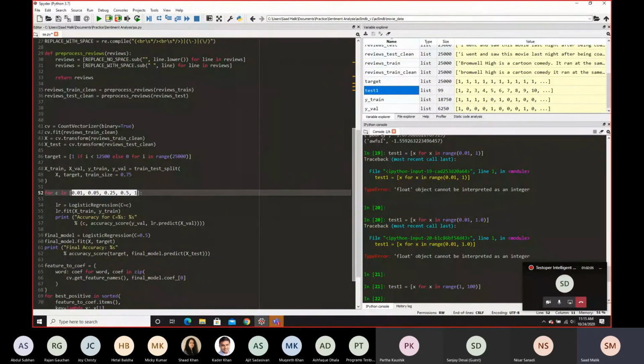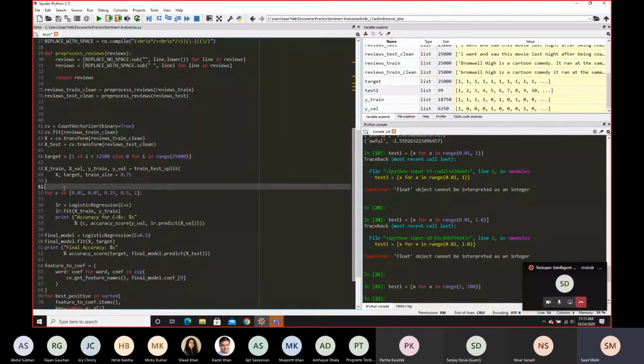What we can do now is manipulate this list so that we can get the decimal numbers.